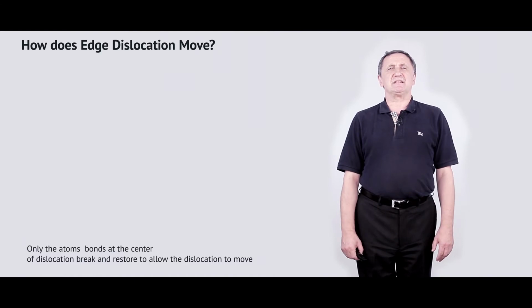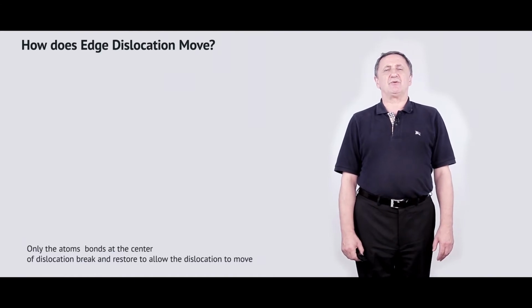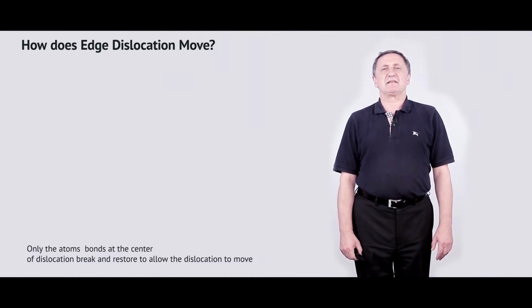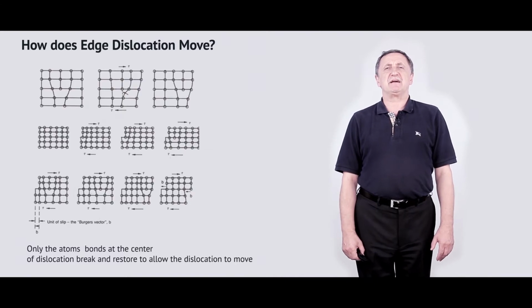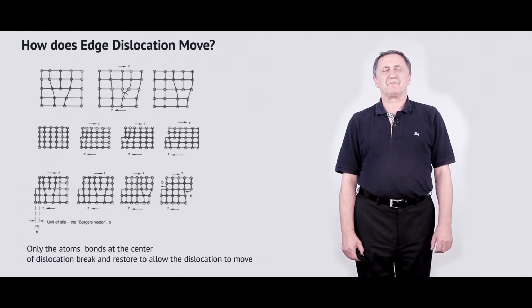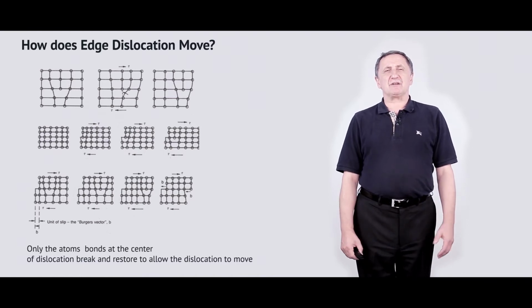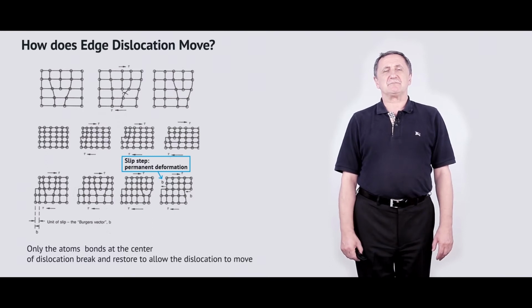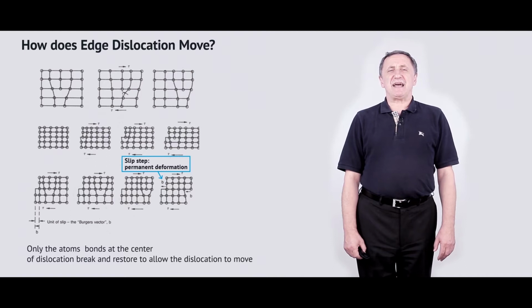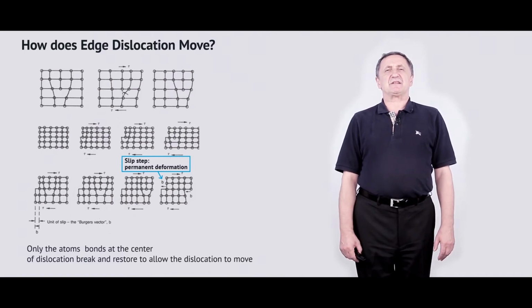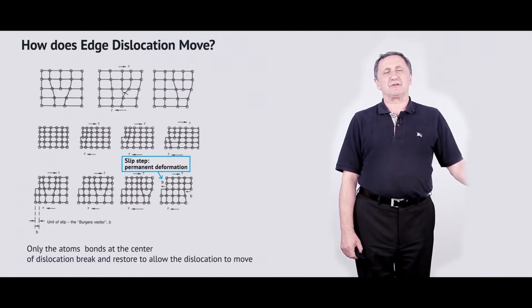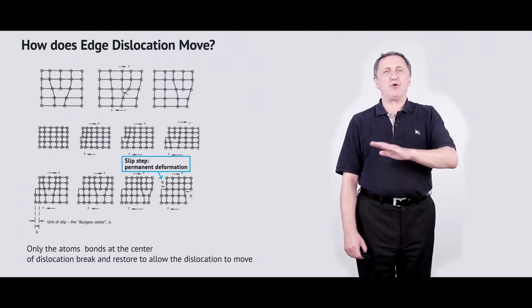You can see that indeed, in this case, only the atomic bonds at the center of the dislocation break and restore to allow the dislocation to move. Because of that, the mechanical properties such as sigma yield and tensile strength are much lower as compared to the case if we expect that atomic bonds will break along the whole plane, along the whole cross-section